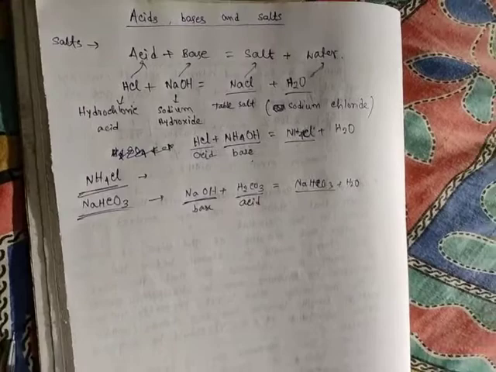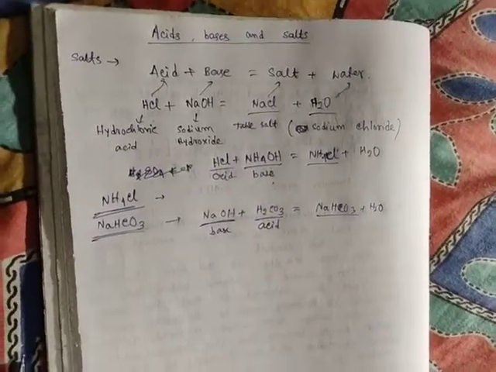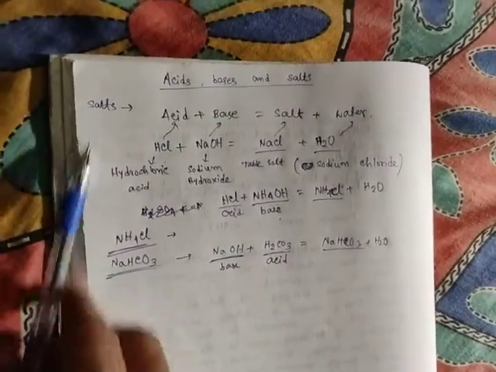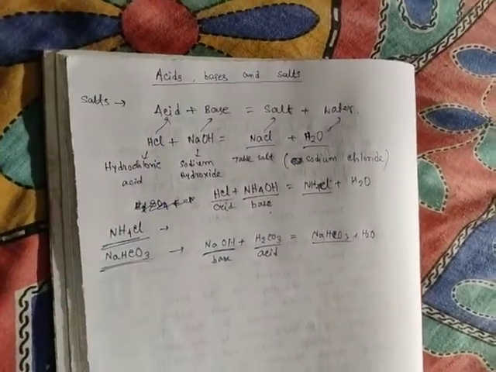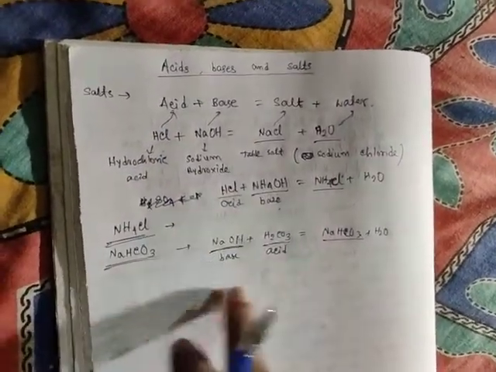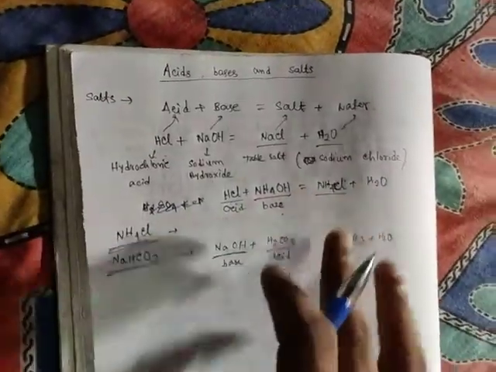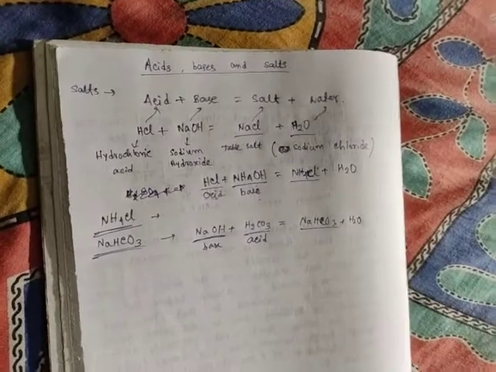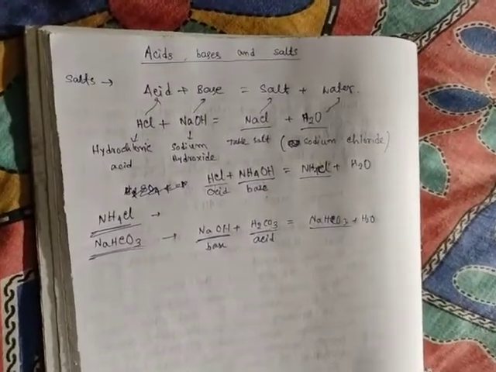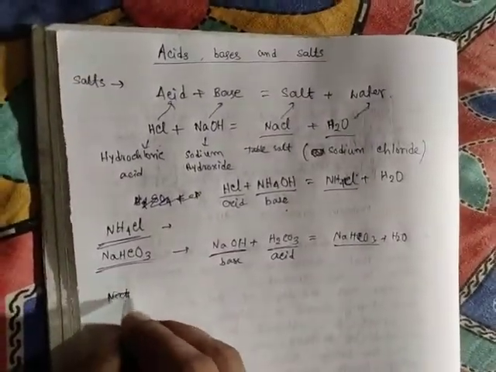So you can read it easily. So here you understand what is salt. Actually salt is produced by the reaction of acid and base. For all the cases we have seen that when acid and base react we get salt and water, but what we require is salt. Next, natural indicators.